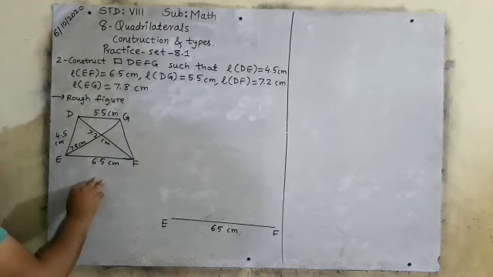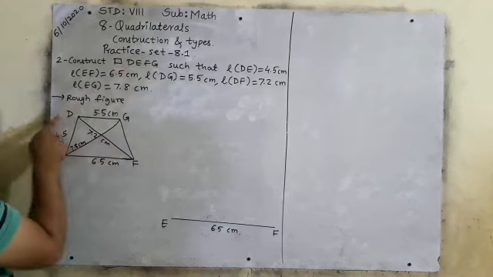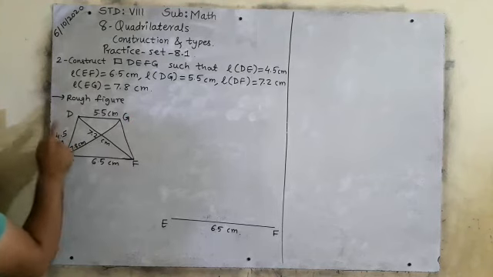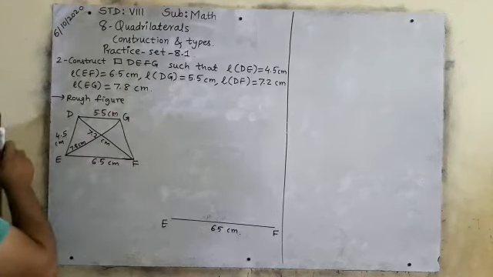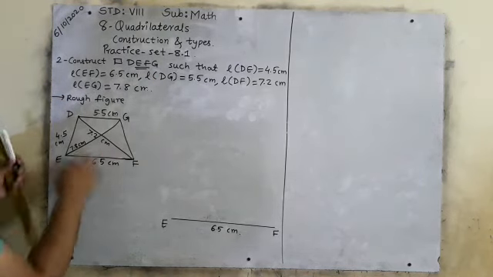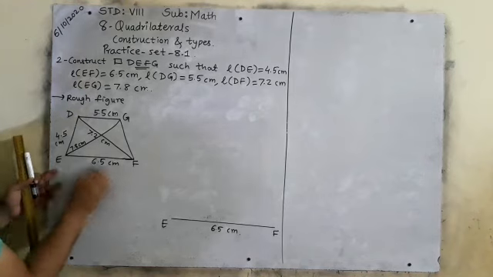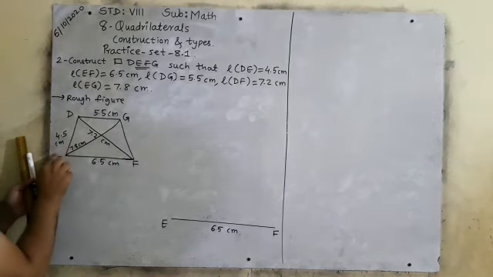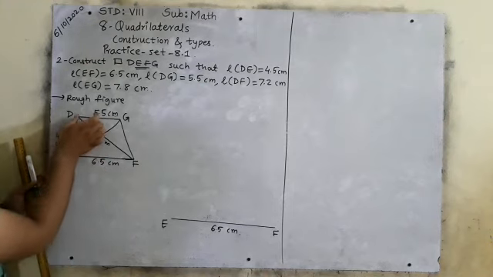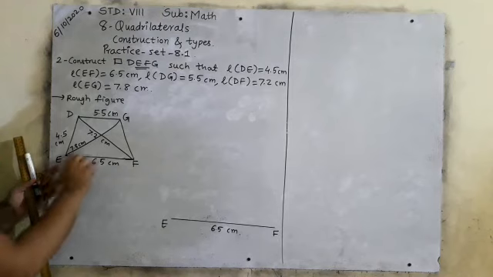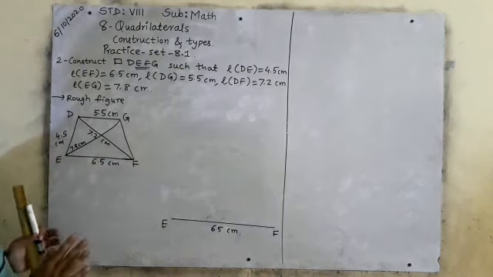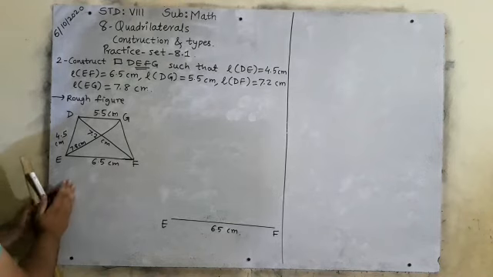As I have said, I will start. This is a rough figure. I will start DEFG from here. Always I will start from here. It means EF will be your base. Now see this construction. EF is 6.5, ED is 4.5. Then DF is 7.2. This triangle will be there. Then DG is 5.5 and EG is 7.8. It means this side is not given. No problem. We will solve by this given rough figure.